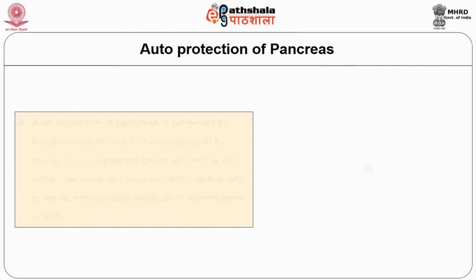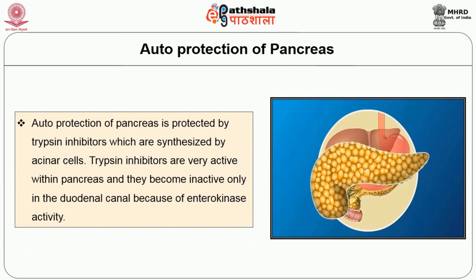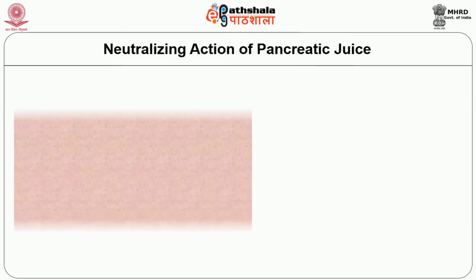The autoprotection of the pancreas is provided by the trypsin inhibitors, which are synthesized by acinar cells. Trypsin inhibitors are very active within the pancreas and they become inactive only in the duodenal canal because of enterokinase activity. Likewise,